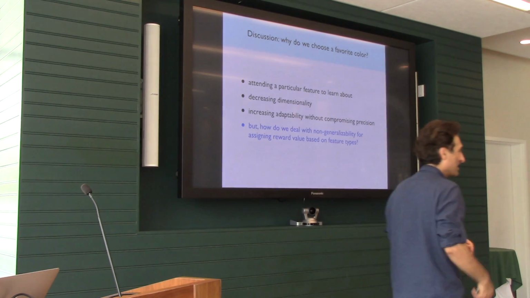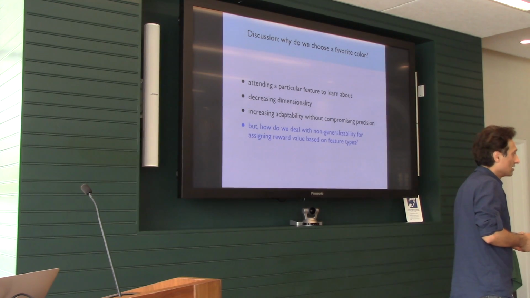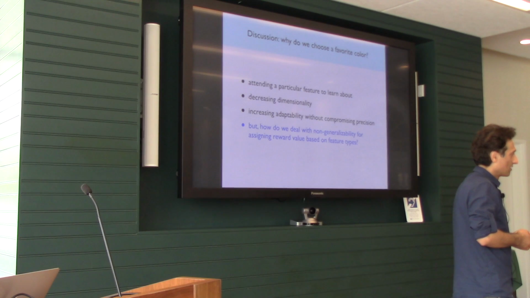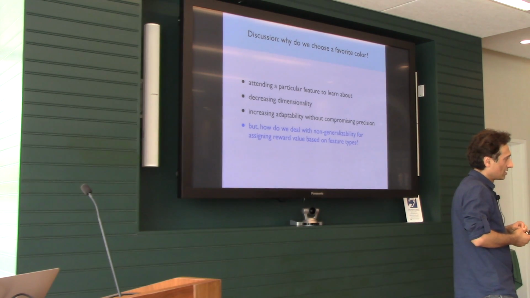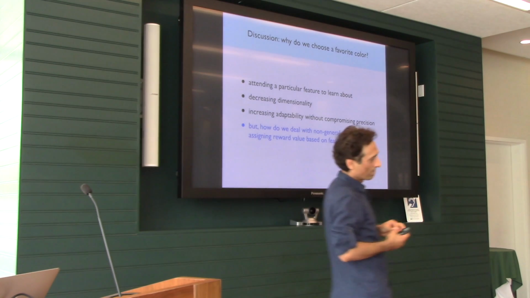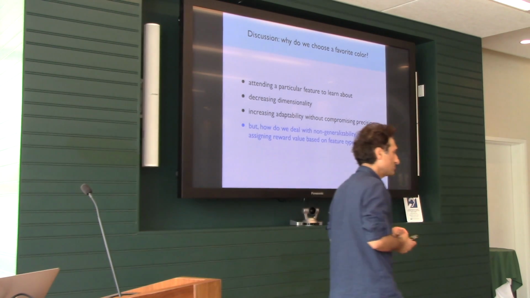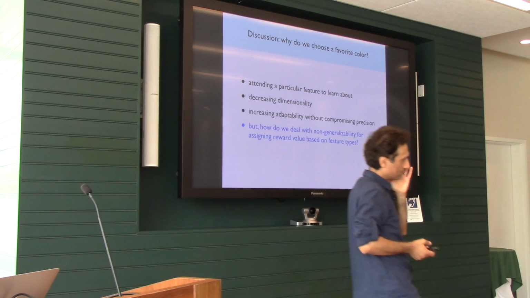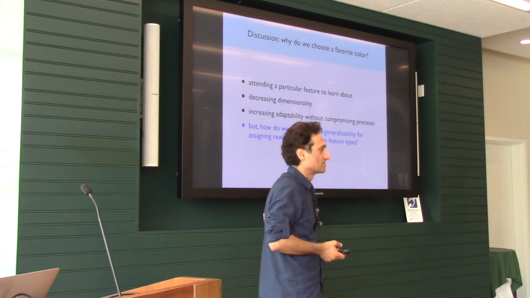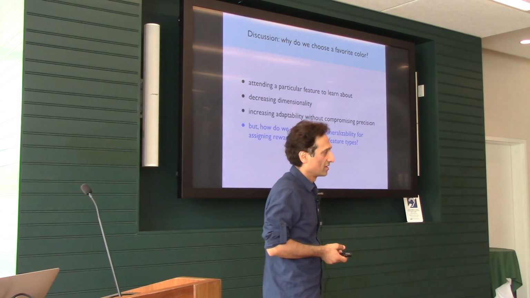Yes. I'm wondering about the universality of this adaptability-precision trade-off. It seems like an implicit assumption here is that it's a dynamic environment without recurrence. So take serial reversal learning tasks. When an animal learns that A is better than B, and then it switches and B is better than A, and it does that repeatedly, we know from many experiments that animals will learn that faster and faster. They'll adapt to the switches faster and faster. So that's an example, I think, where they're getting more adaptable and they're getting more precise because their estimates of the reward value are getting better.